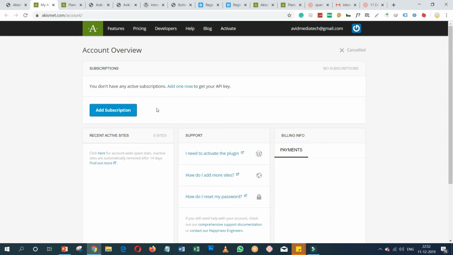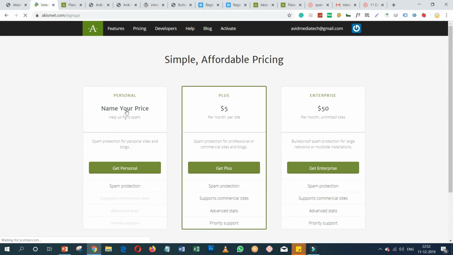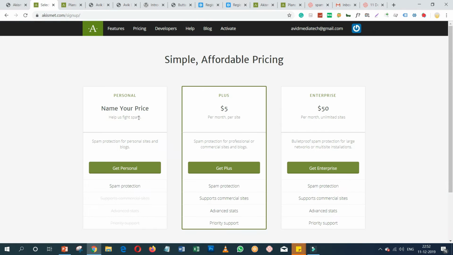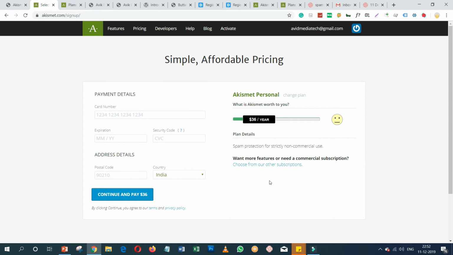I've already created my account. My account is already there. I'll just hit on add subscription. Now here is the real pain, here's the real catch. There is a premium subscription, and for the personal it's free. If you click on get personal, you'll find that $36 per year is the default amount that you need to pay. But a lot of people see this particular amount and then they leave this particular web page